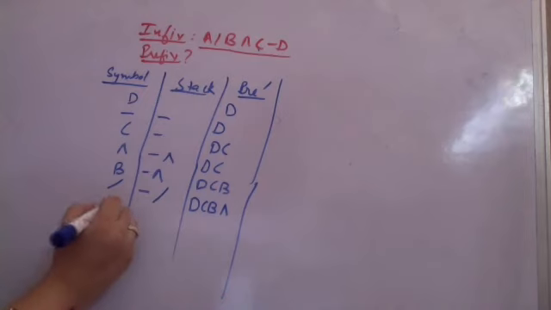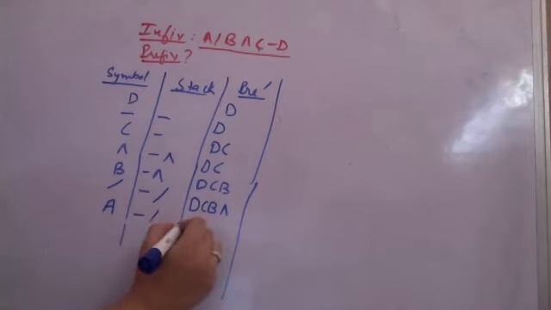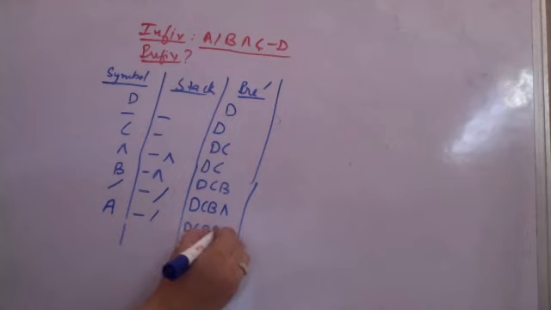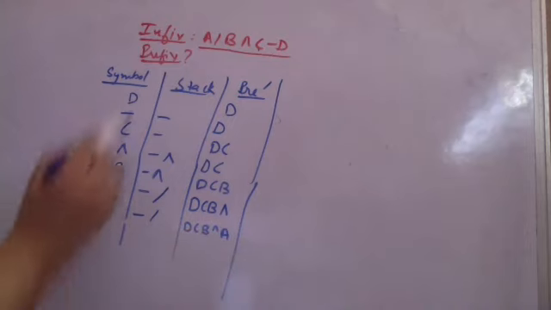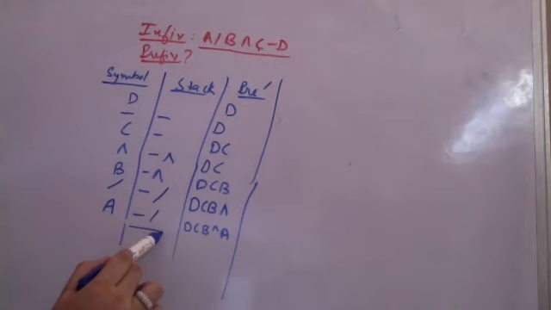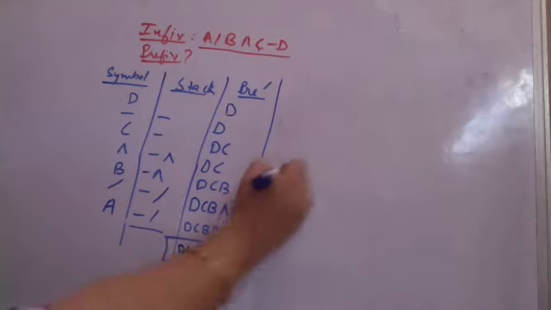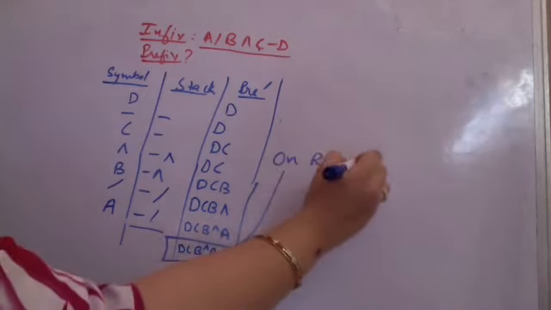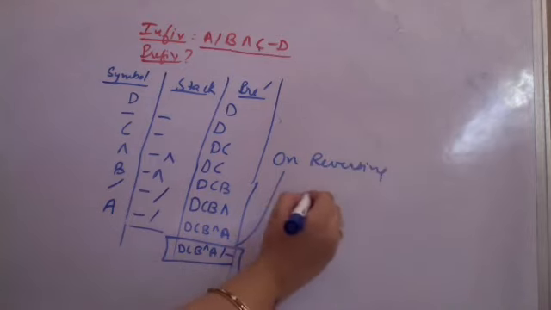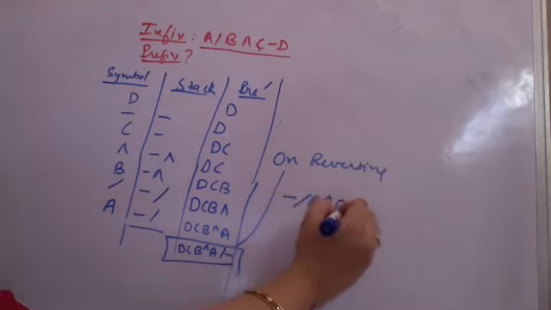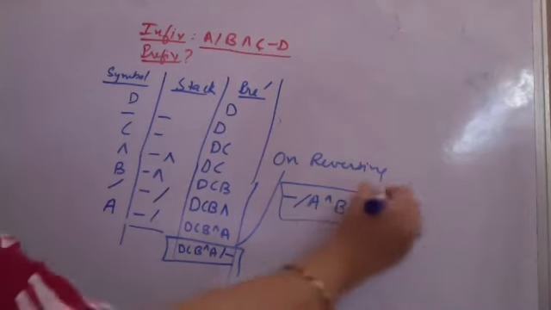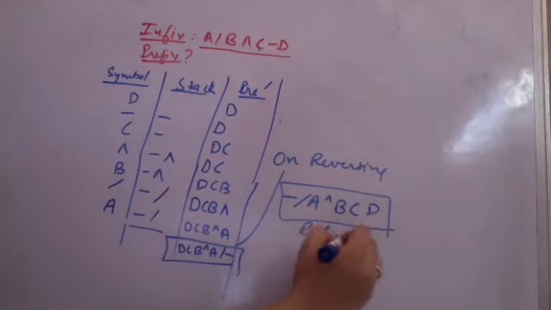Next is A. A is an operand. It is directly added to the expression. So you have D C B raised to the power and then you are having A. Now the expression is over. Whatever is there on the stack, kindly pop and add to the expression, so that the final expression becomes this. First divide is popped, then minus will get popped. Now you will be reversing. On reversing this expression, you get minus divide A raised to the power B C D. This becomes your desired prefix expression for the given example.